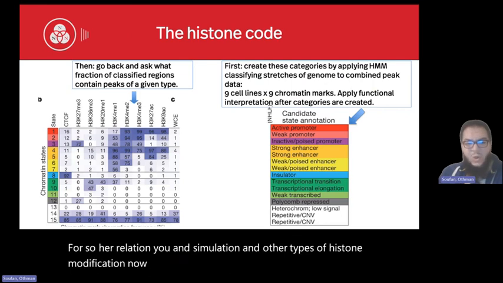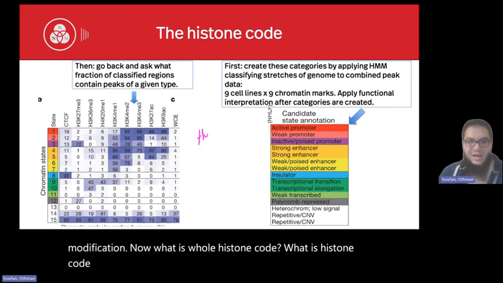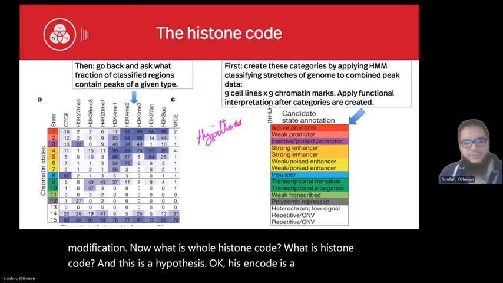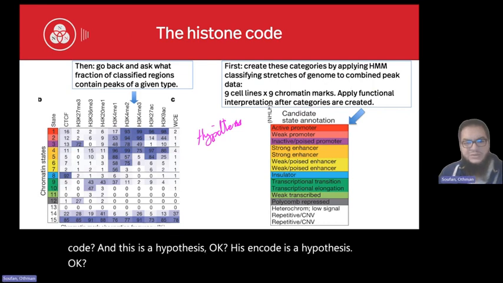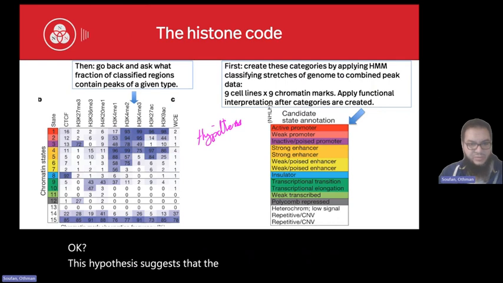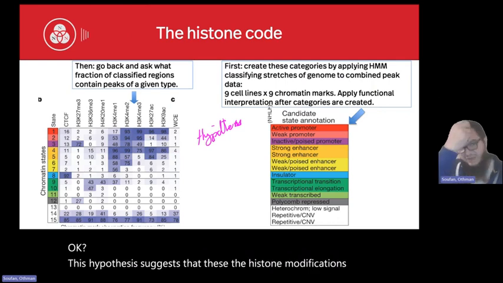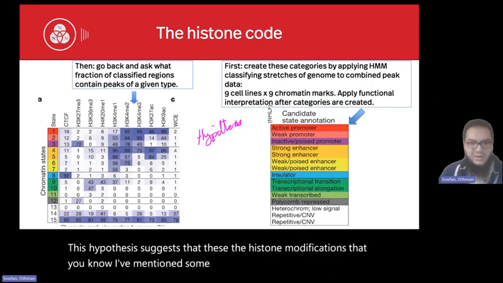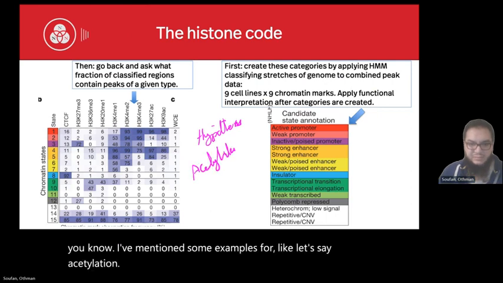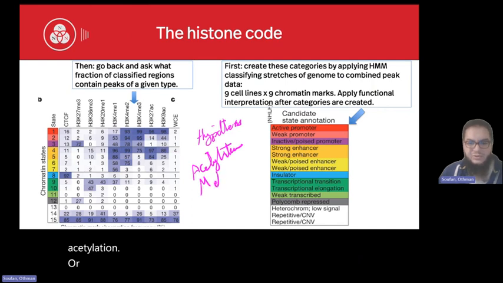Now, what is the histone code? This is a hypothesis, okay? The histone code is a hypothesis. This hypothesis suggests that the histone modifications, I've mentioned some examples, like let's say acetylation or methylation,